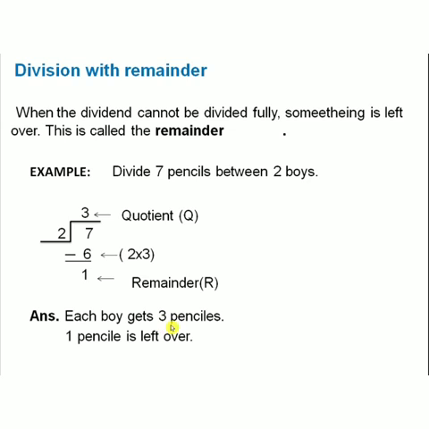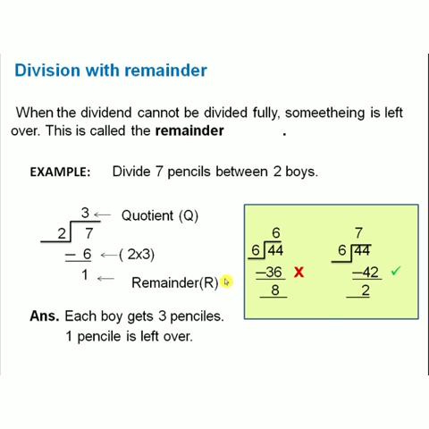Each boy gets 3 pencils and 1 pencil is left over. Observe this, children. Here this is wrong and this is correct, because the remainder should always be smaller than the divisor. The remainder should always be smaller than the divisor, but here